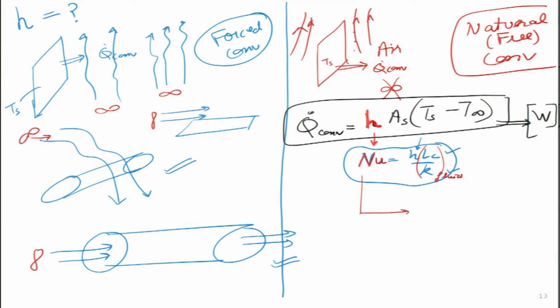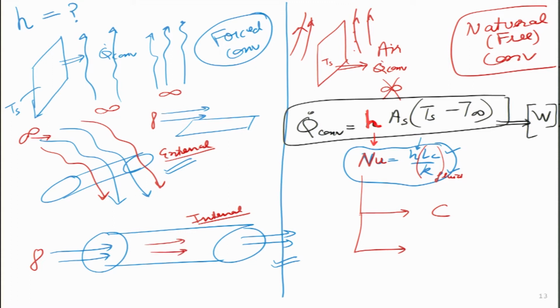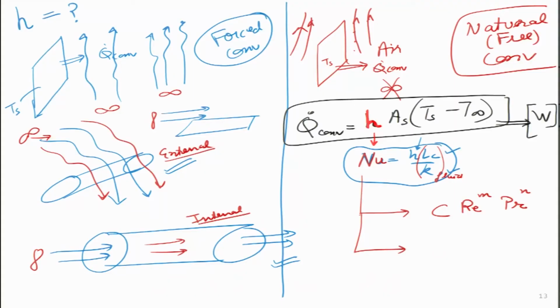Now, it so happens that all the correlations that are obtained, for forced convection, natural convection, even if it is the external case of forced convection or internal flow. So, in the external case, the flow is flowing over the cylinder, and in the internal case the flow is flowing through the cylinder. So, in all these cases we get a very powerful equation which looks something like this. That is the final solution. So, for the next 10 lectures, whatever we will study, this is the answer that we are going to get, and this is for forced convection.